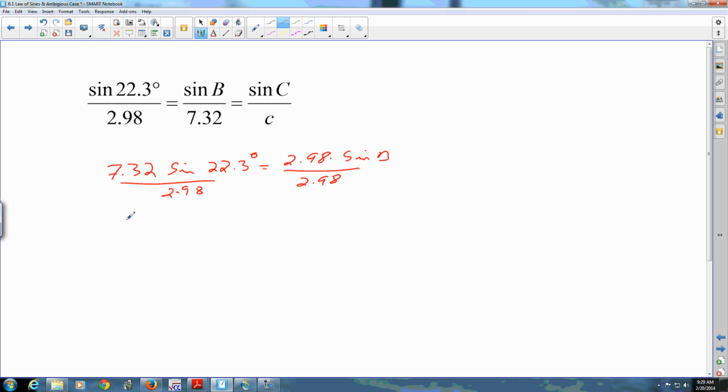And I get 7.32 sine of 22.3 degrees over 2.98 equals sine of B. To solve for B, I have to take the inverse sine of both sides. Type this in your calculator, and you go inverse sine 7.32 sine of 22.3. Be sure and close the paren. Divide by 2.98, and you get B is about